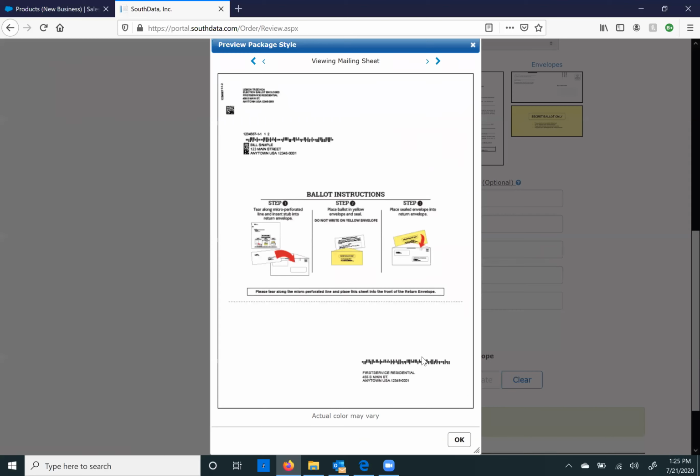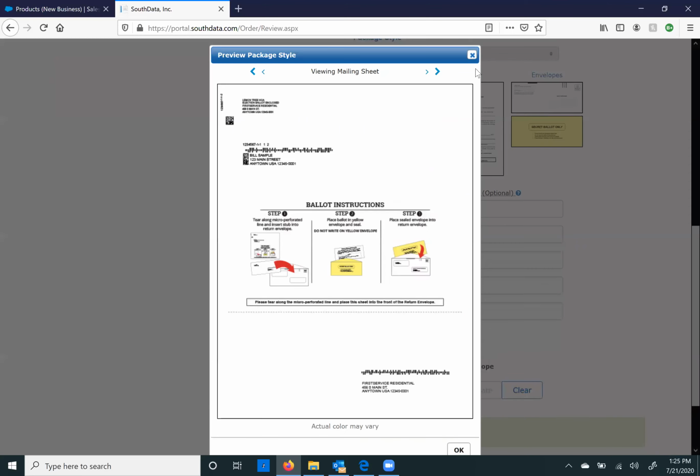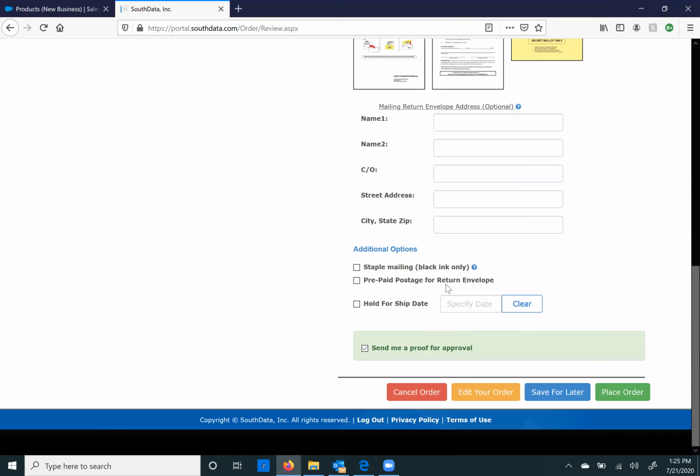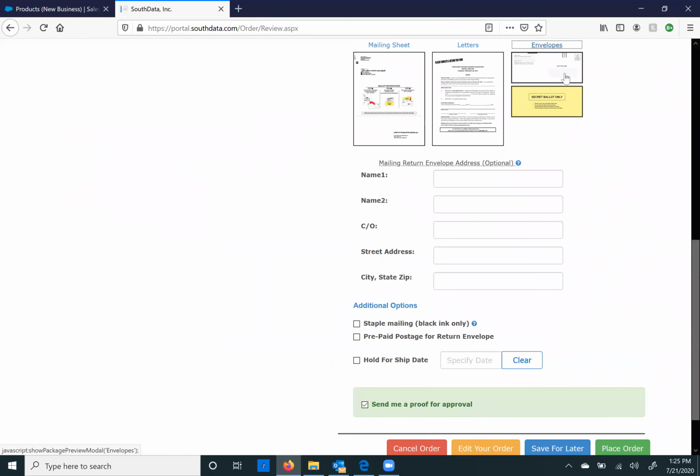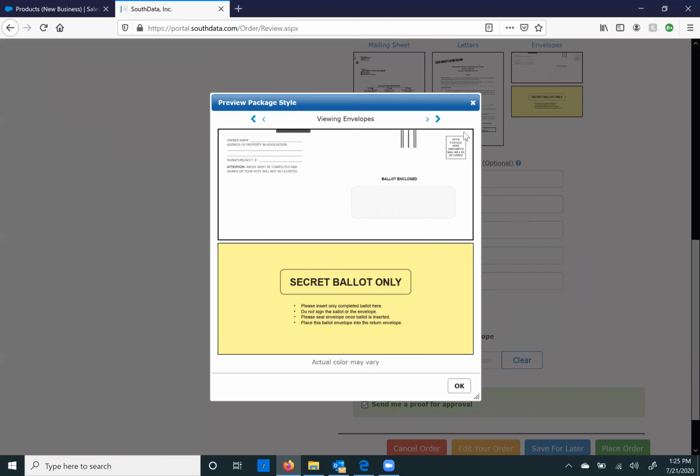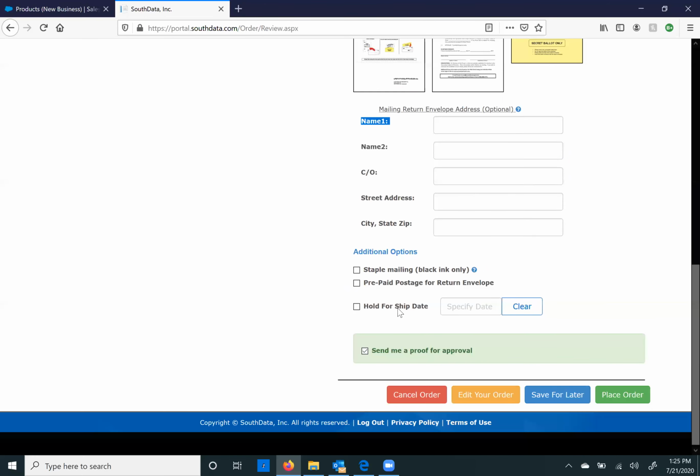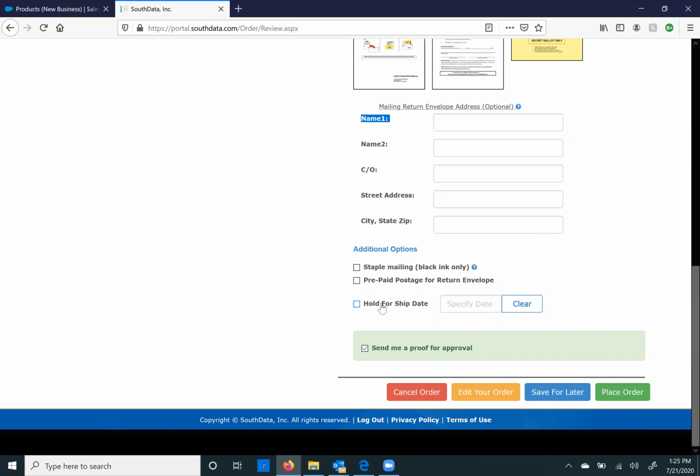That will just update your return address here. If you want to staple, you can do that. You can add prepaid postage to your return envelope here. And you can hold for a specific date in the future that you want us to supply this to the USPS for mailing. If everything else is good, you would click on Place Order,